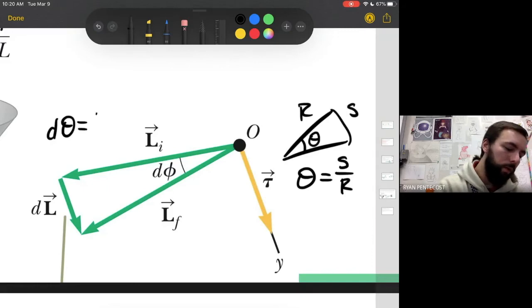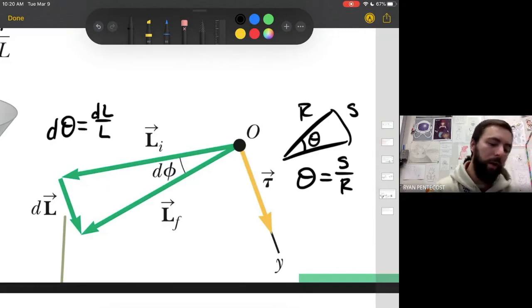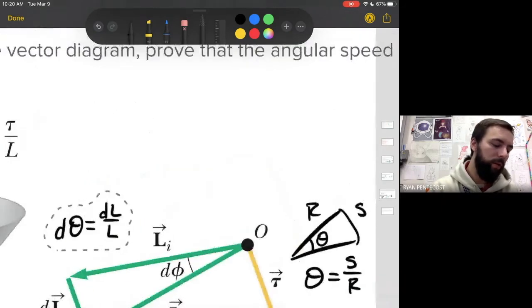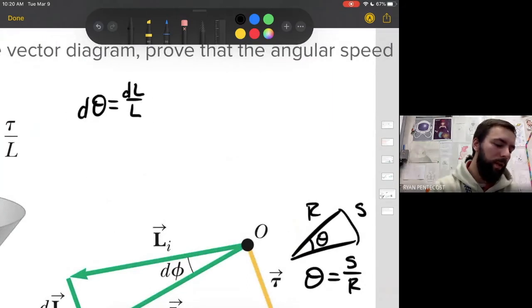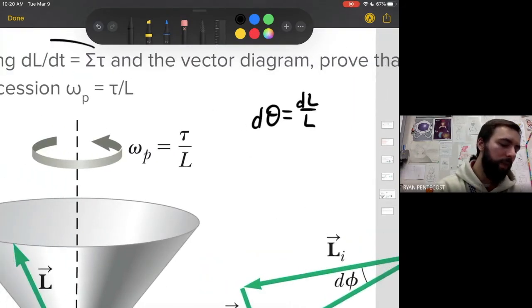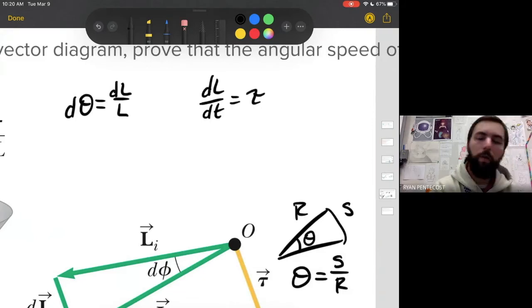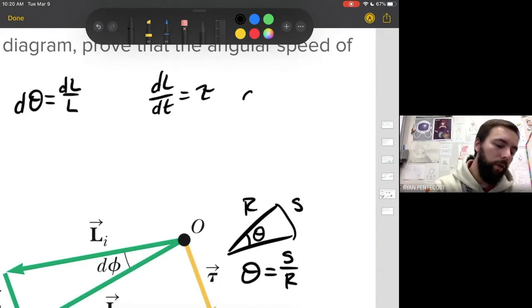That would equal dL divided by the magnitude of the angular momentum vector L. Now, we will start with this. I'm going to move this up to the top so I have more room to write. Now, we were asked to use this relationship, dL over dt equals torque. So if dL over dt equals the net torque on an object or on a system, that means that dL can be substituted for torque